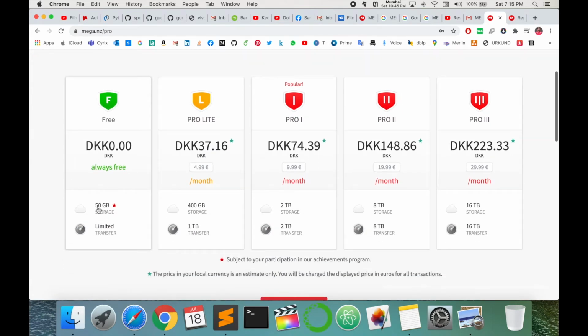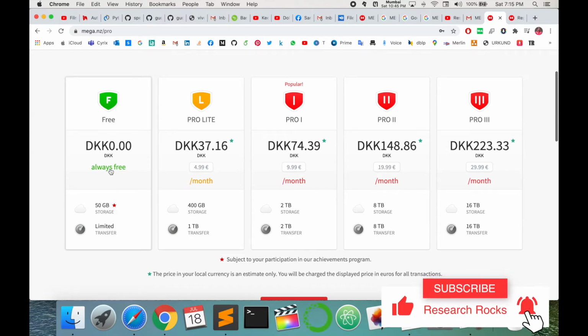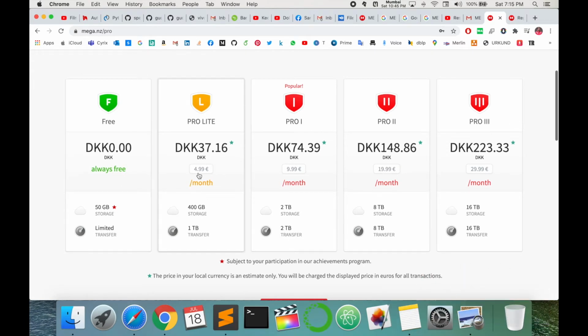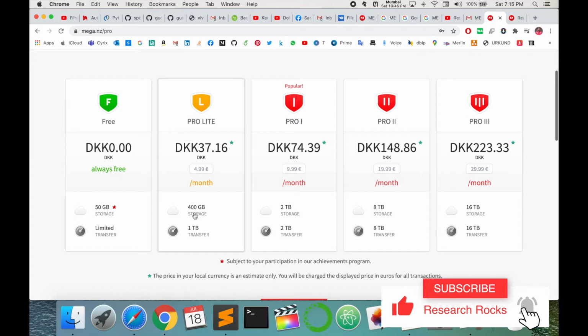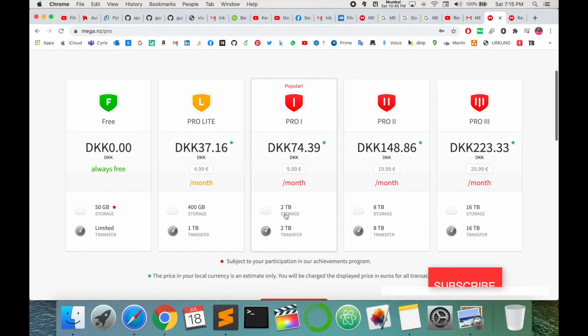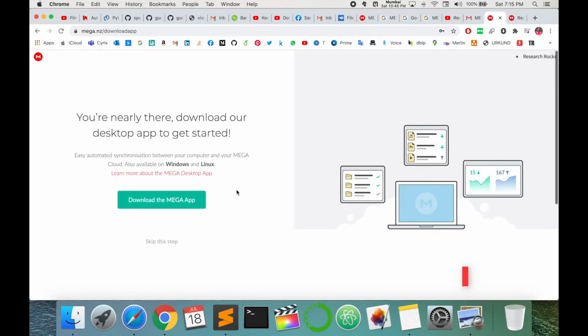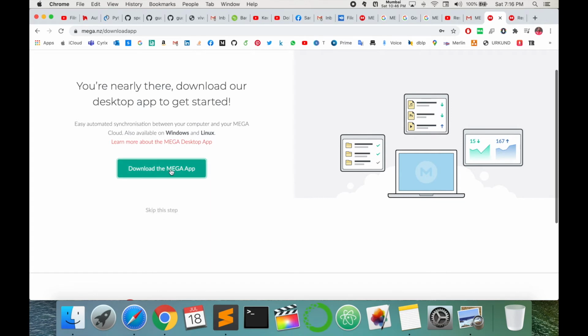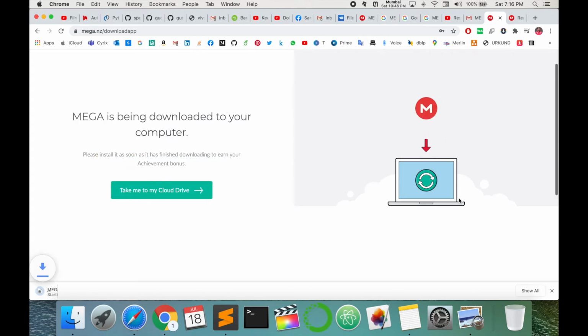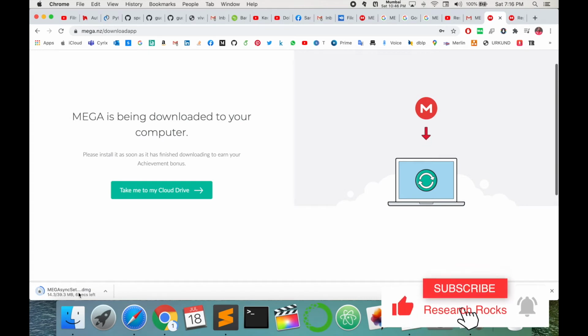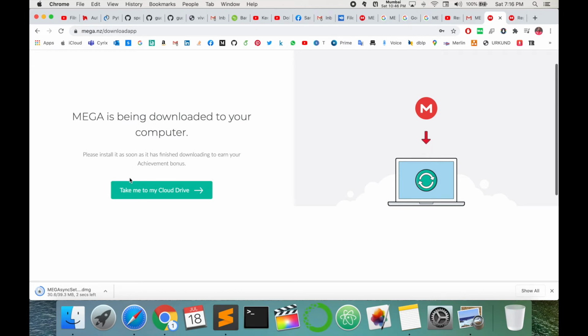Here is always free space of 50 GB storage. For a paid plan, 400 GB costs 4.5 euro per month, 10 euro gives 2 TB, and 20 euro gives 8 TB, accordingly, whichever storage space is suitable. So I go with the free space, and I can download directly to my desktop. Applications are also available, so I can directly install this application and use it. The same options are available for my computer system, in Windows and Linux also.